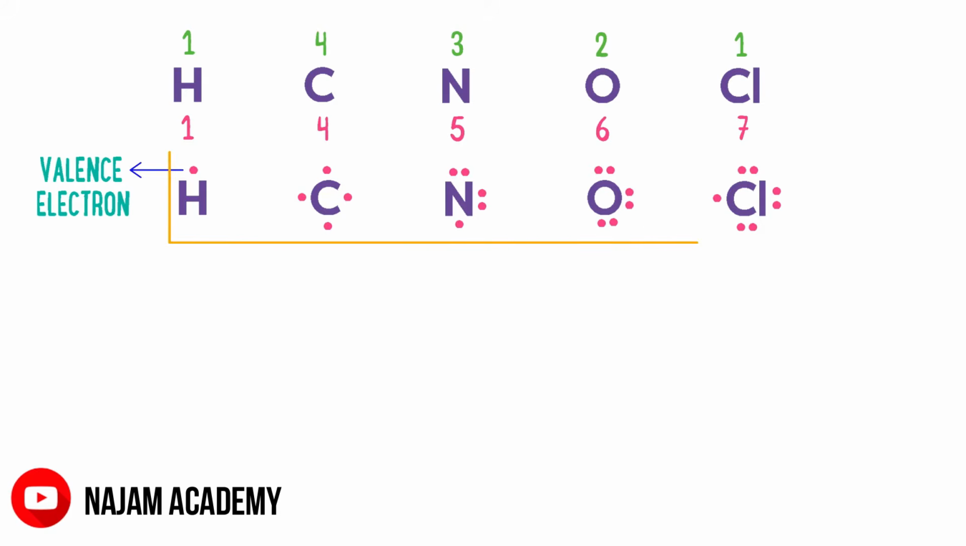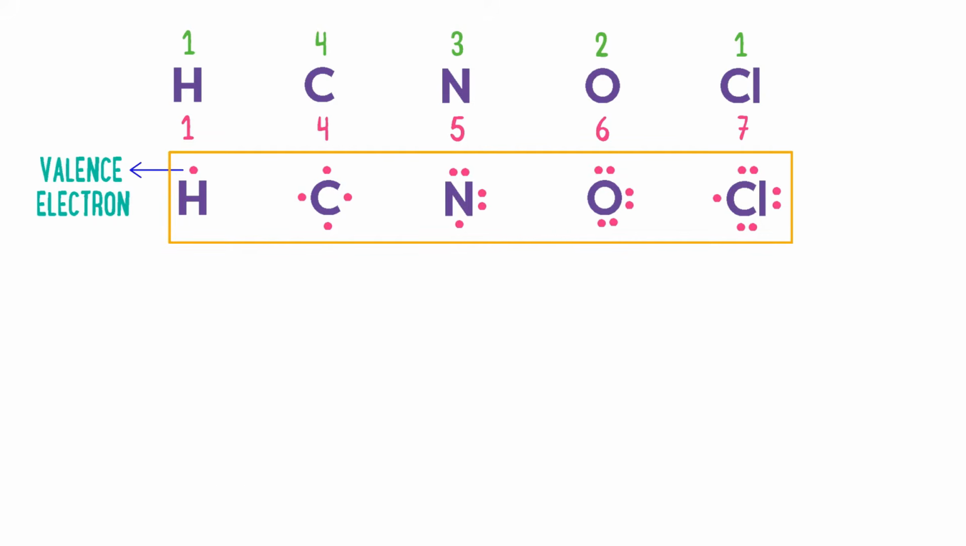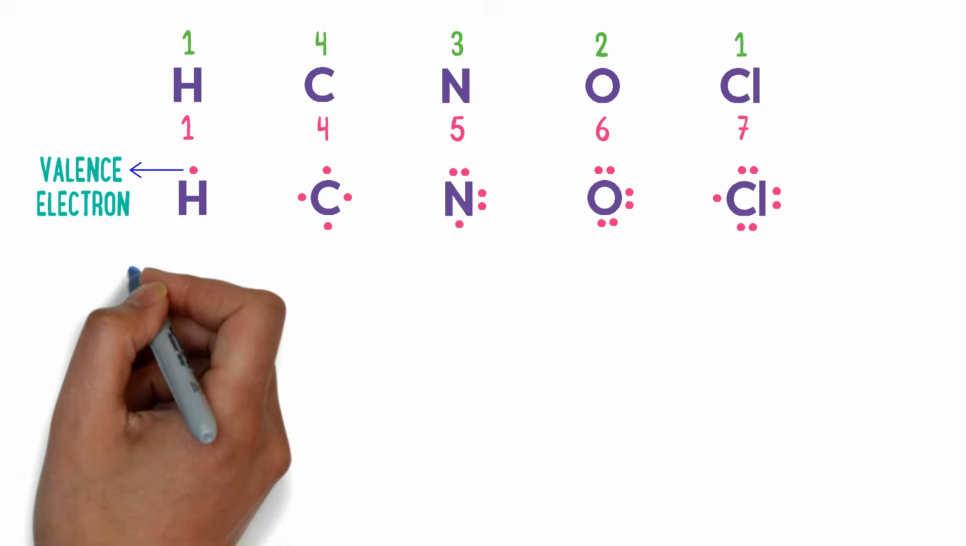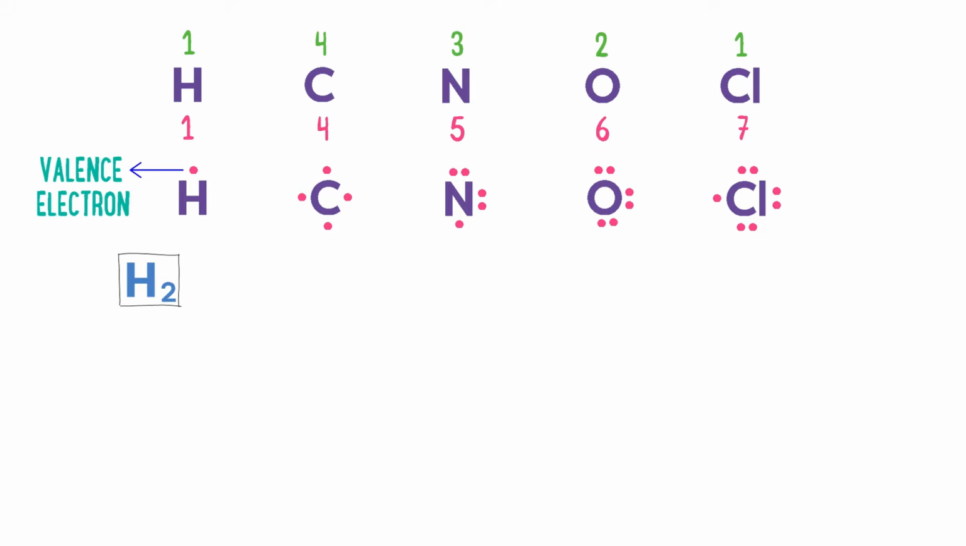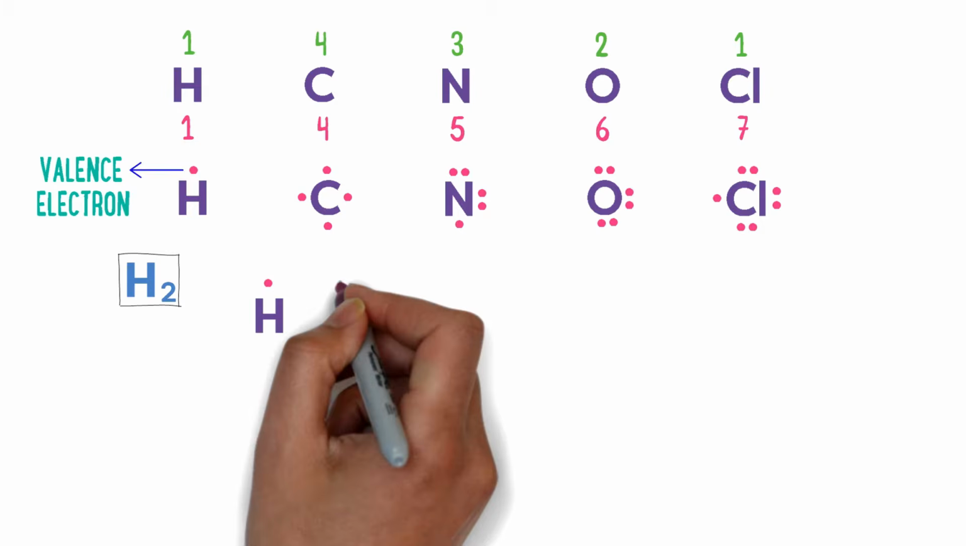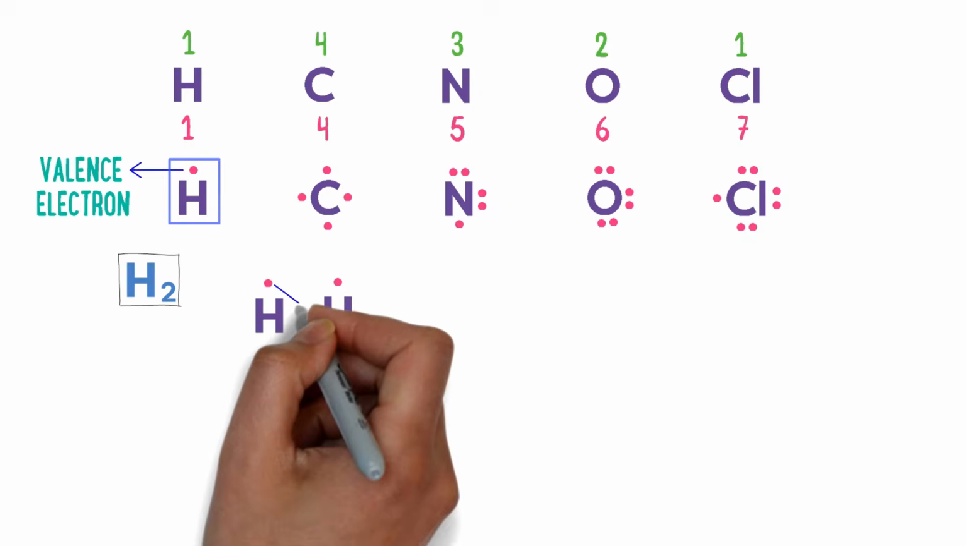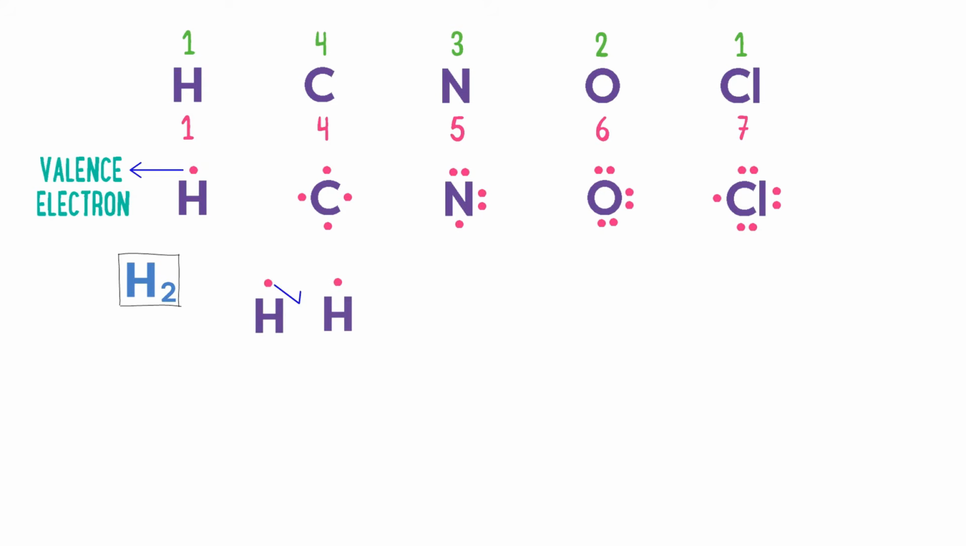Now I will use these structures in order to draw the Lewis structure of any compound or molecule. For example, consider the hydrogen molecule. Here, H2 means that there are 2 atoms of hydrogen present in this molecule. So I take 2 atoms of hydrogen. Now the single electron of this hydrogen atom and the single electron of this hydrogen atom are mutually shared. It means that 2 electrons or 1 pair of electrons is shared between these 2 hydrogen atoms and we get